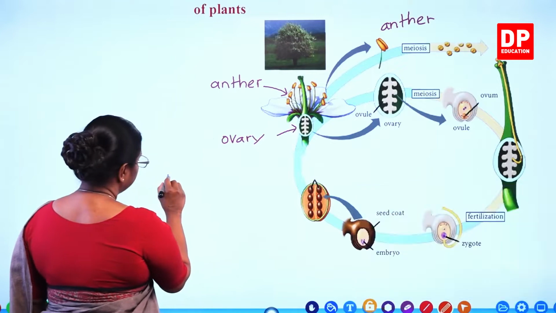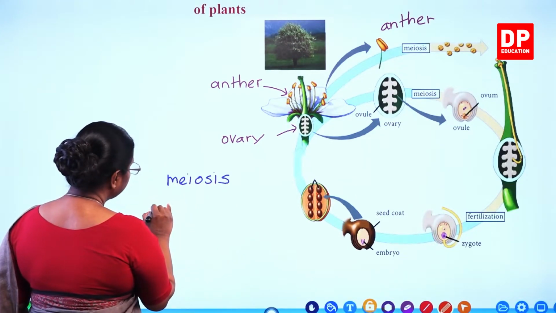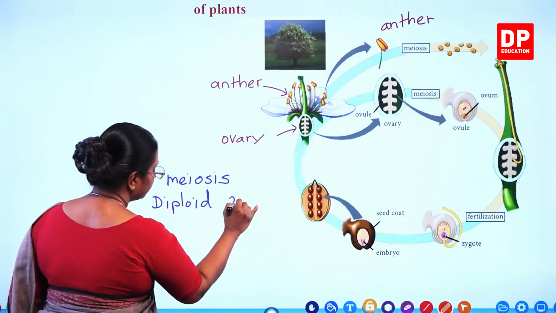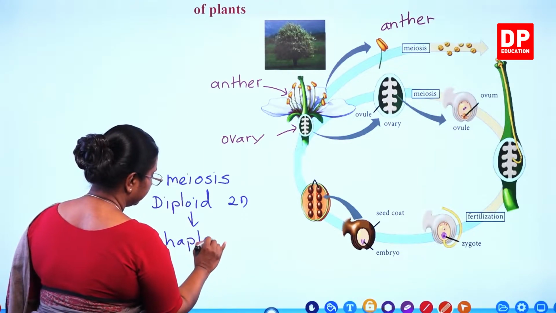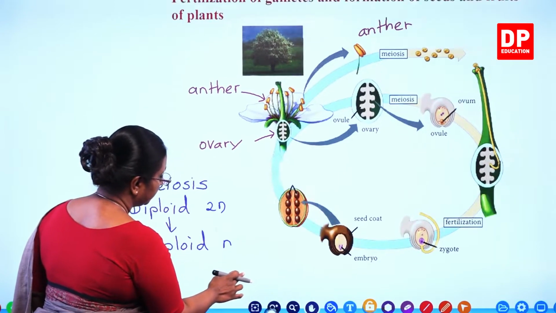In meiosis, from a diploid cell, that is 2n, you get the haploid cell. That is going to be n. So here you can see